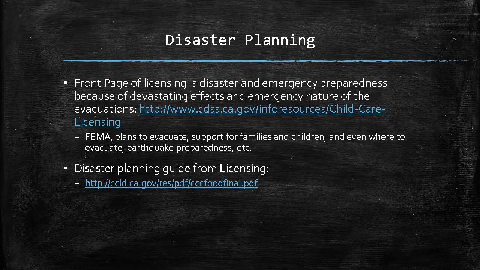So right now, if you were to go to licensing, the front page of their website is all about disaster and emergency preparedness. The interesting thing that I just learned by going to that site today is that because they do daycare facilities that might be long-term or overnight because of migrant care, or facilities where the children live, like Polinsky, and community care licensing also covers adult care, they actually have where you could evacuate your senior center or your overnight care. So I thought that was really interesting in that they give you places to evacuate and places to